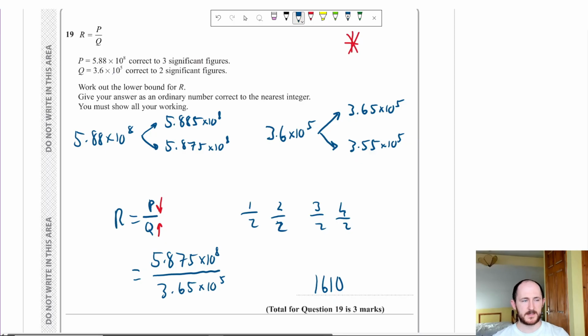There you go. That's it. That's the correct answer. So again, not too bad. So where'd you get the marks? 1 mark for writing any of the bounds. So it doesn't matter, any one of these 4 numbers